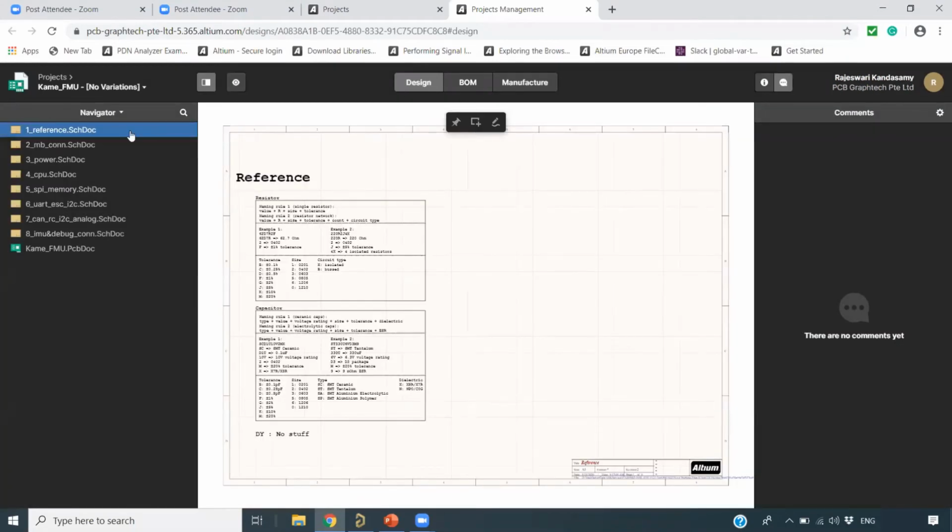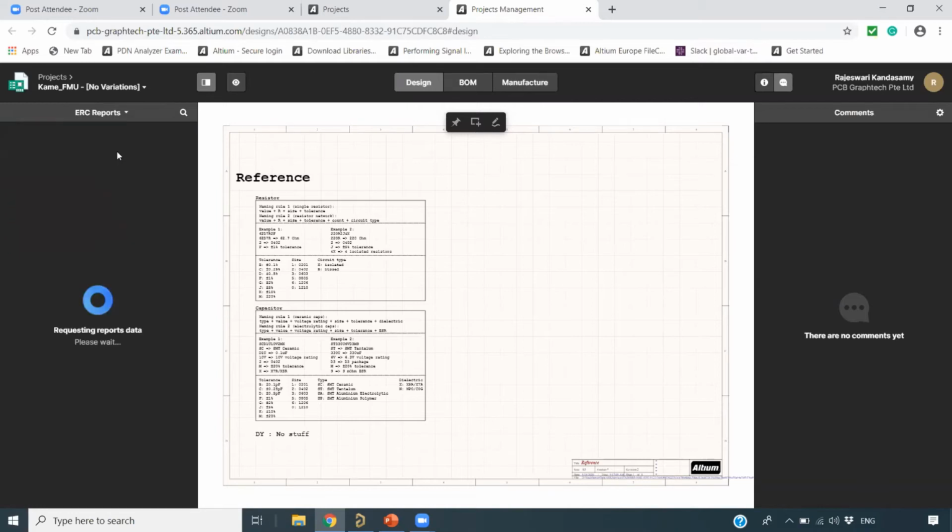Okay, so now I open a project. So here I will see all my schematic sheet and PCB sheet. Now inside this navigator, you will be able to see there is an ERC report and the DRC report. Click on the ERC report. You will see all the ERC report, electrical rule checking, what you have done in your schematics. Once it opens, it will show all the violations, all the details here, and then you can just click them and see directly live in your location of your schematic document.